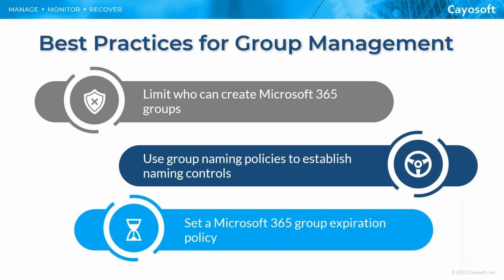Other attributes that can be associated include things like the company, the office, the state, and the list goes on and on. So essentially, you're taking Active Directory attributes and appending that to the group name. And Microsoft also lets you set up a blocked word list so that way you can stop users from including certain words in group names.